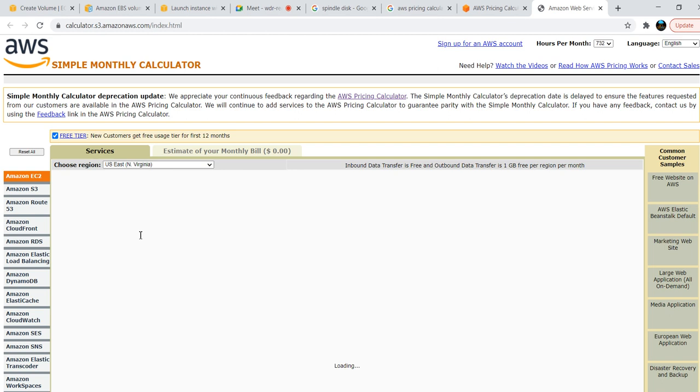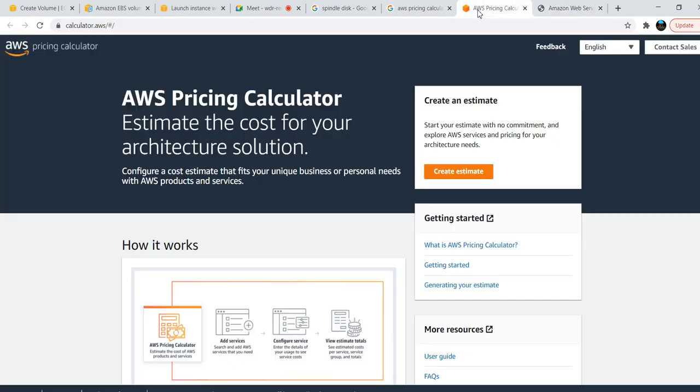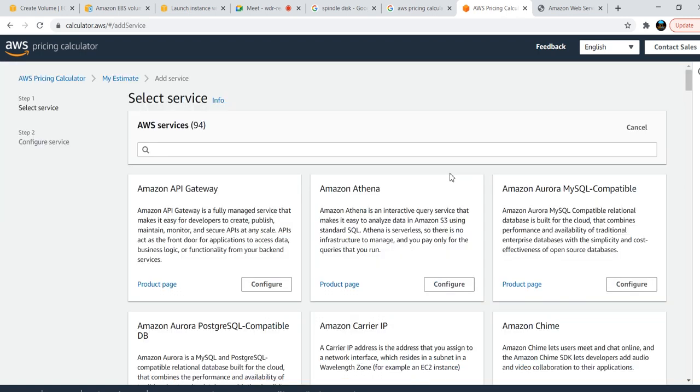This is the old one; earlier we were supposed to use this. It is not related to any account. This is open, anyone can use it. If you use this new one, it is specifically for a particular account, and you can create an estimation from this one.